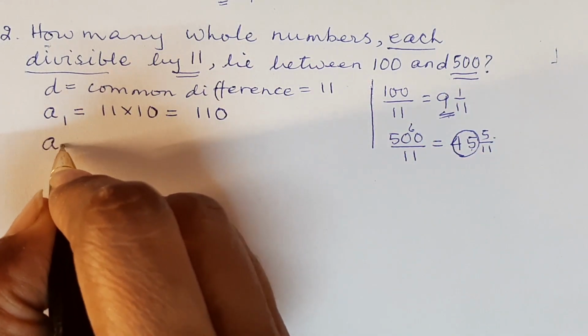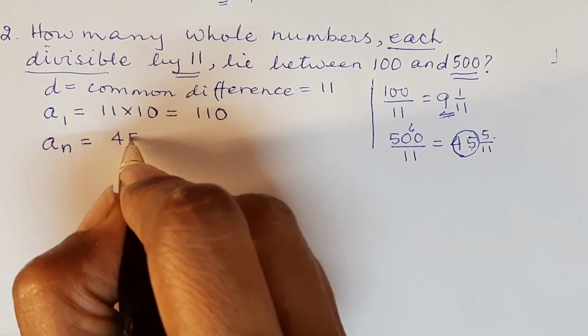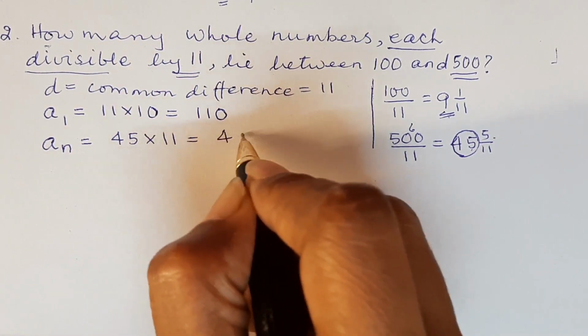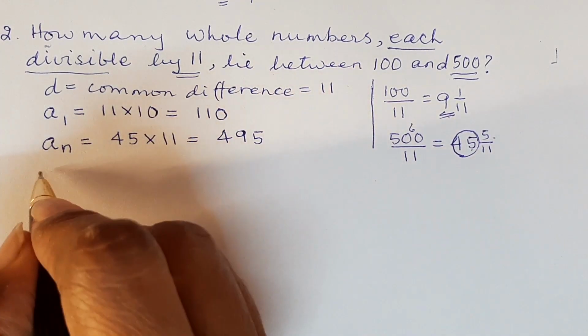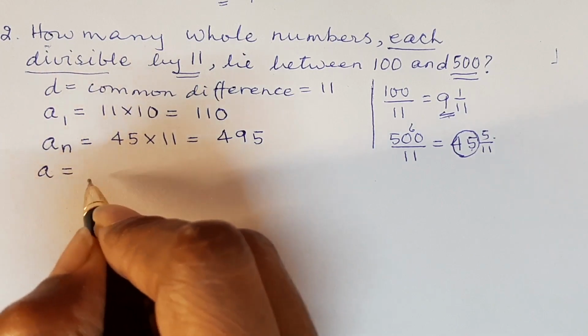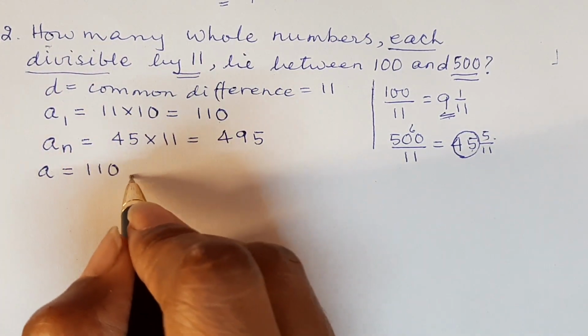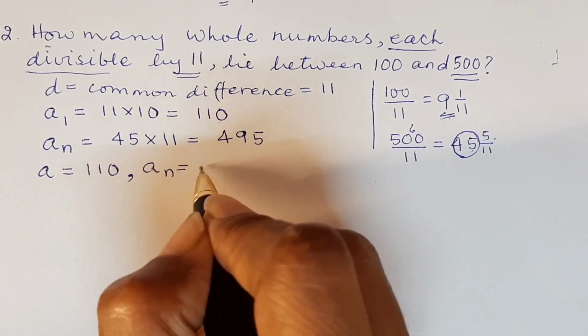So my AN or the last term will be 45 multiplied by 11, which will be 495. So we know that the first term A, which is A1, is 110, and the last term, which is AN, is equal to